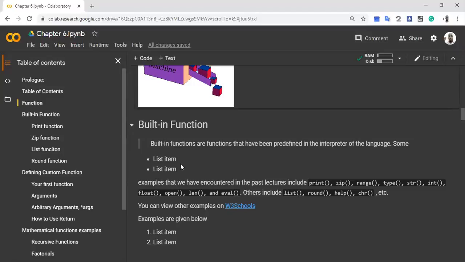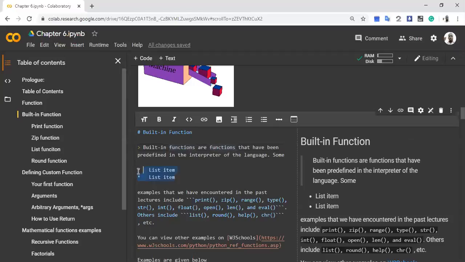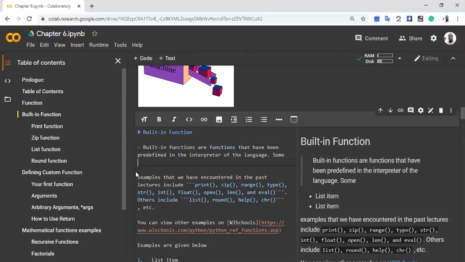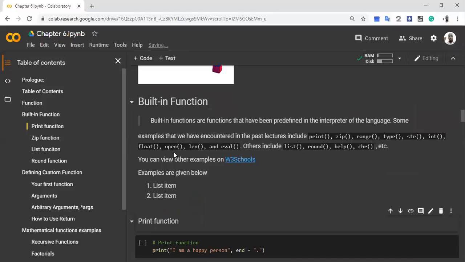Okay, so, oh, sorry, let me quickly edit this. Okay, so